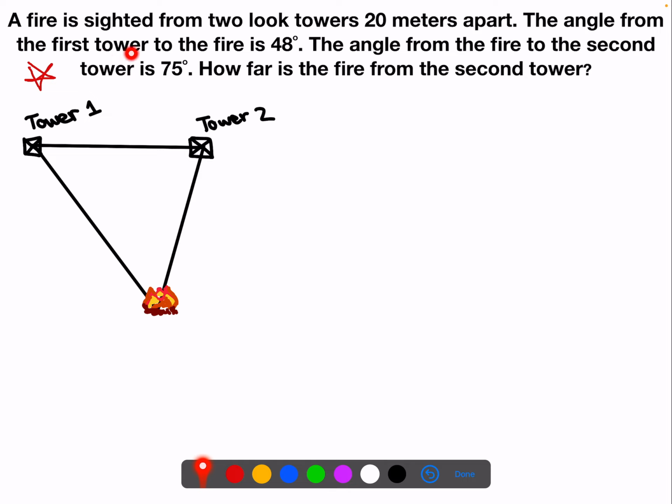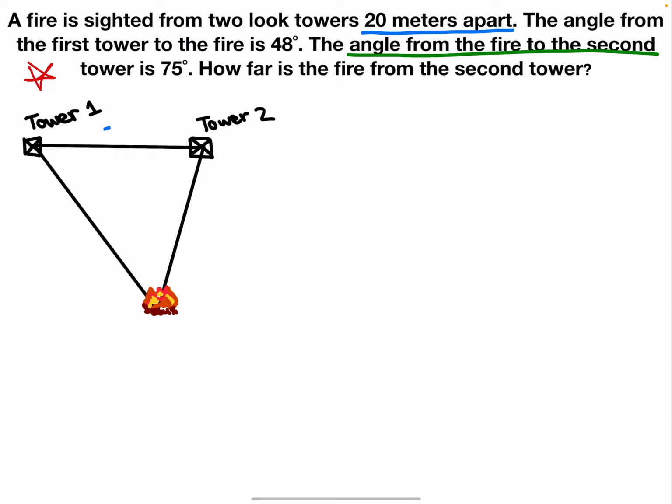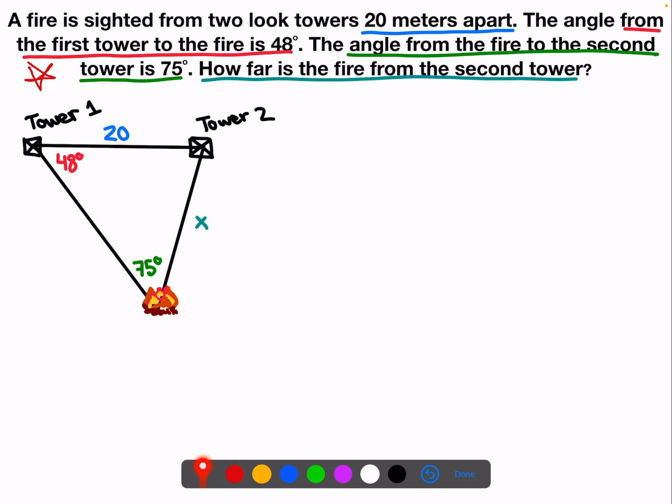The angle from the first tower to the fire is 48 degrees. So looking from the first tower to the fire, that's 48 degrees. And from the fire to the second tower, that would be 75 degrees. We want to know how far the fire is from the second tower, so this distance here. So I'm going to call that distance x and label the rest of the information in our picture. Looking at this, we already have opposite angles and opposite sides, so I can match those up